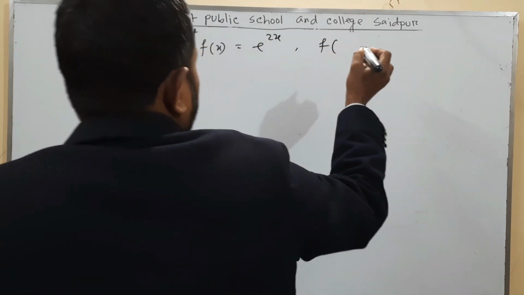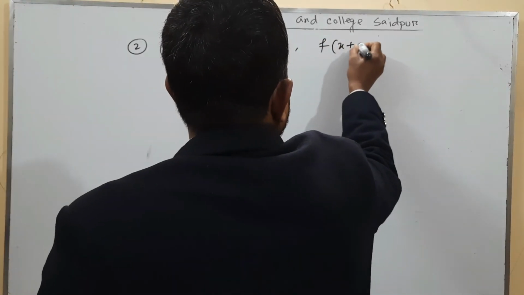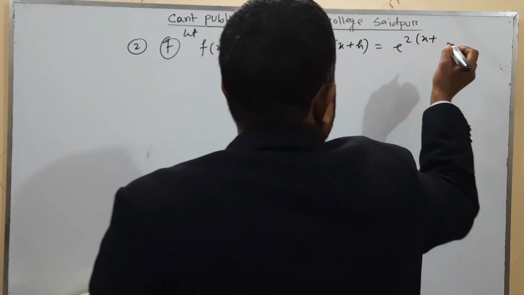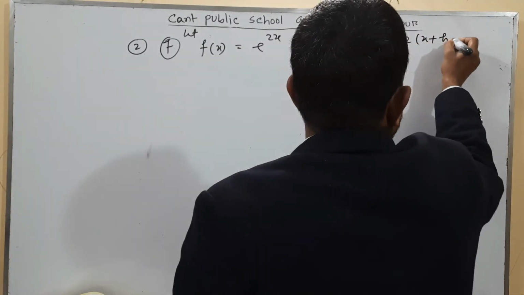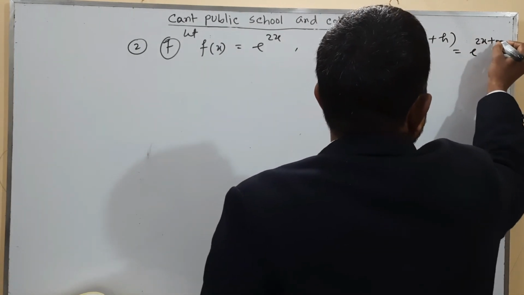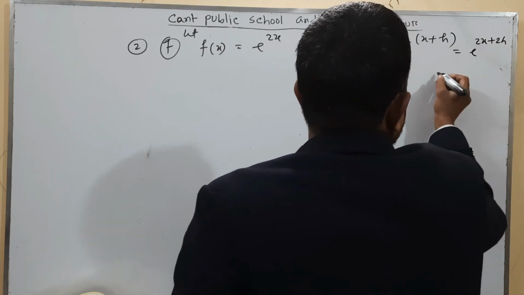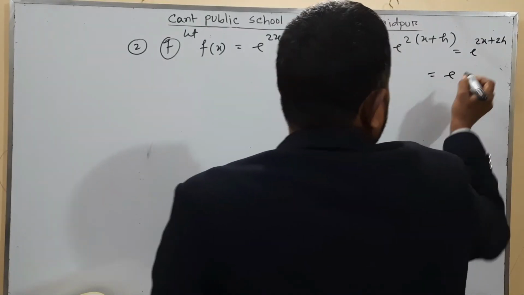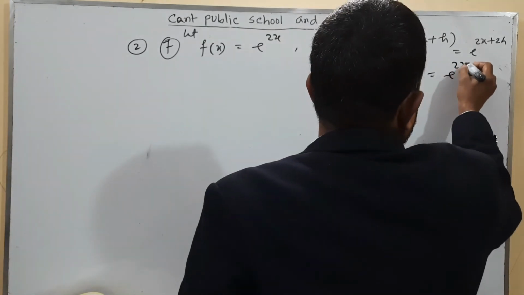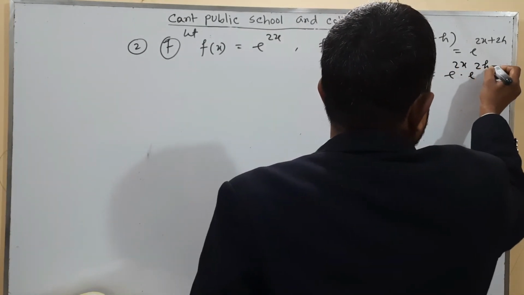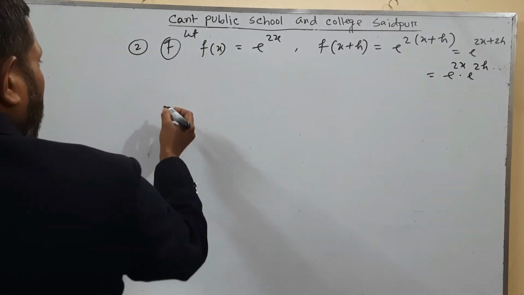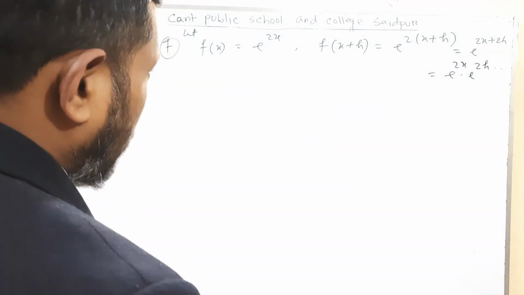So f of x plus h will be e to the power 2x plus h, or we can write this is exponential function e to the power 2x into e to the power 2h. According to the definition of first principle,